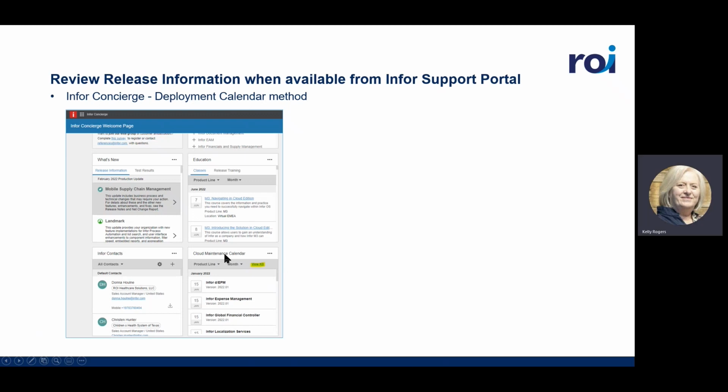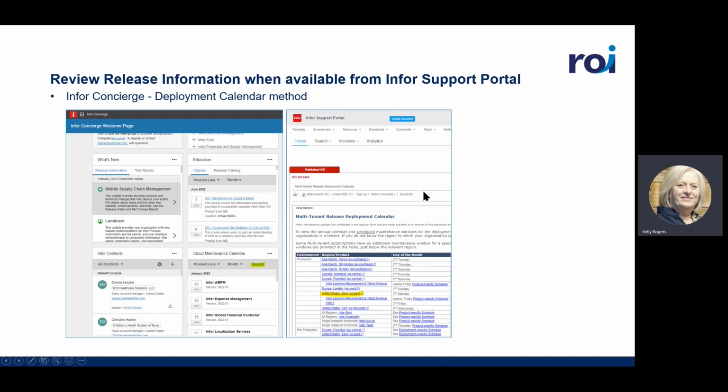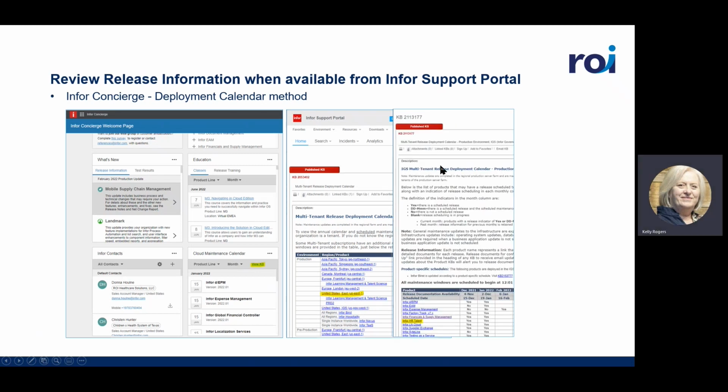Once you scroll down to find the cloud maintenance calendar, you'll see there's a hyperlink for the view the associated knowledge base. You can click on that knowledge base article, which will show the release deployment calendar. You want to pick the specific region that you're in, in this case, United States East, which will open up a knowledge base article for that region. And we want to select our Infor HR talent specific product. And when we click on that,